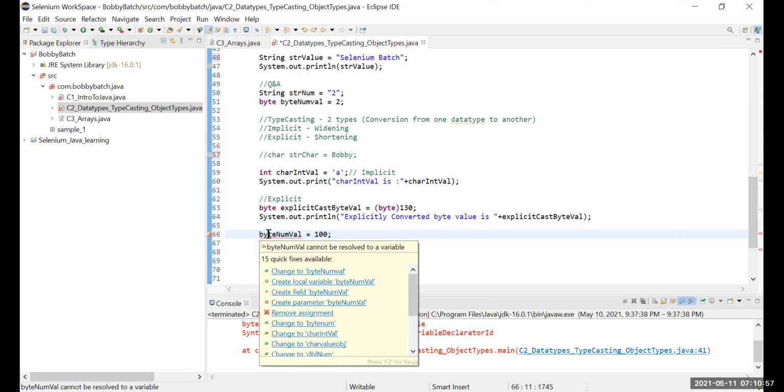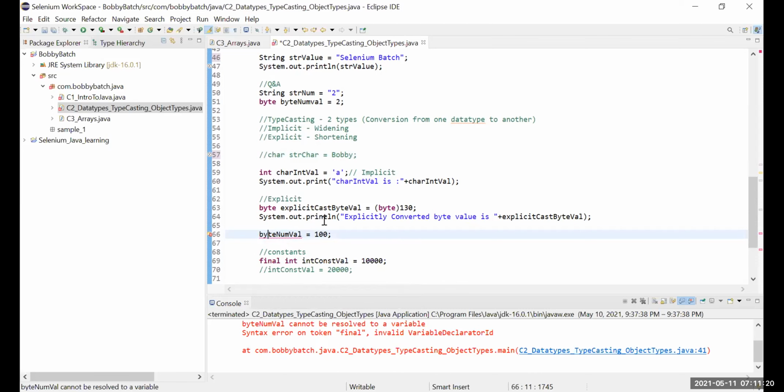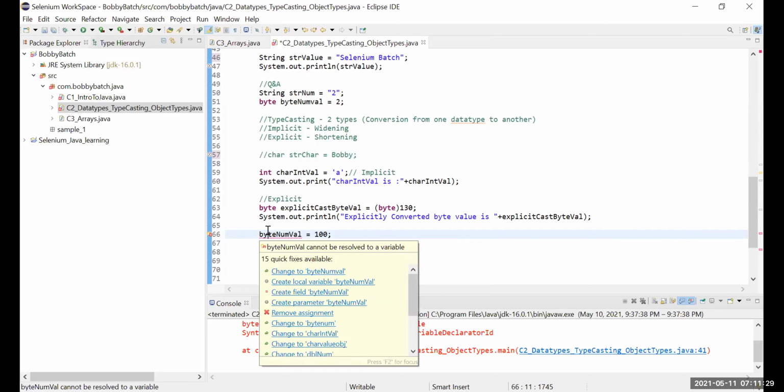Change to byte num value. The variable should start with a lowercase, correct? No, it's the data type. You are giving byte as a variable. So what is the issue? Java is case sensitive. This is the statement I'm saying for this issue. Now observe what cases you used in this variable in line number 66, and where did you create this variable?